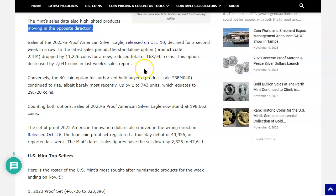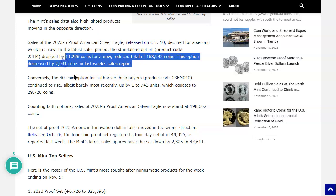Sales for the 2023 San Francisco Proof American Silver Eagle, released on October 10th, that's a month ago today, declined for a second week in a row. In the latest sales period, the standalone product code 23EM dropped by 11,226 coins, yowza, for a new reduced total of 168,942 coins. This option decreased by 2,041 coins in the last week's sales report, so obviously it's really just taken a huge